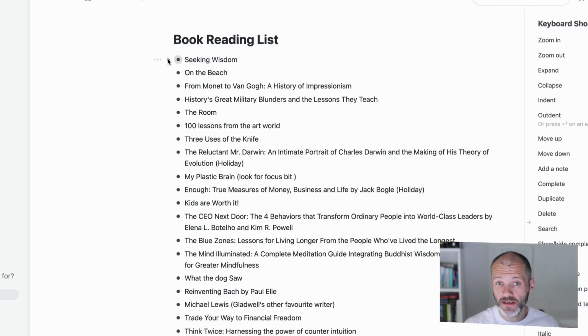And Workflowy is incredibly friendly with keyboard shortcuts. So that's why it's a great outlining app. You can see they're all here in the right-hand sidebar. So it doesn't take too long to learn. And there is a mobile app as well. So I really like Workflowy. If you're looking for an outlining app, I'd actually recommend starting with this one because it does quite a lot,